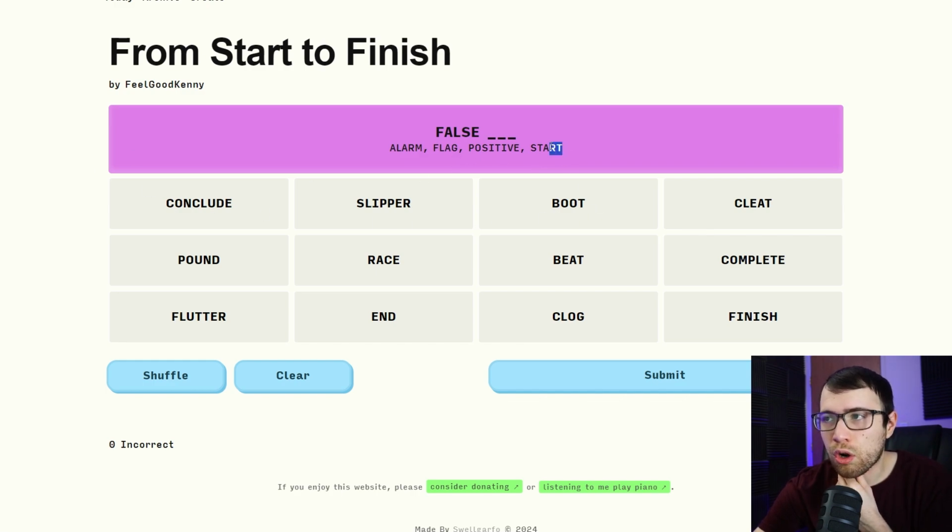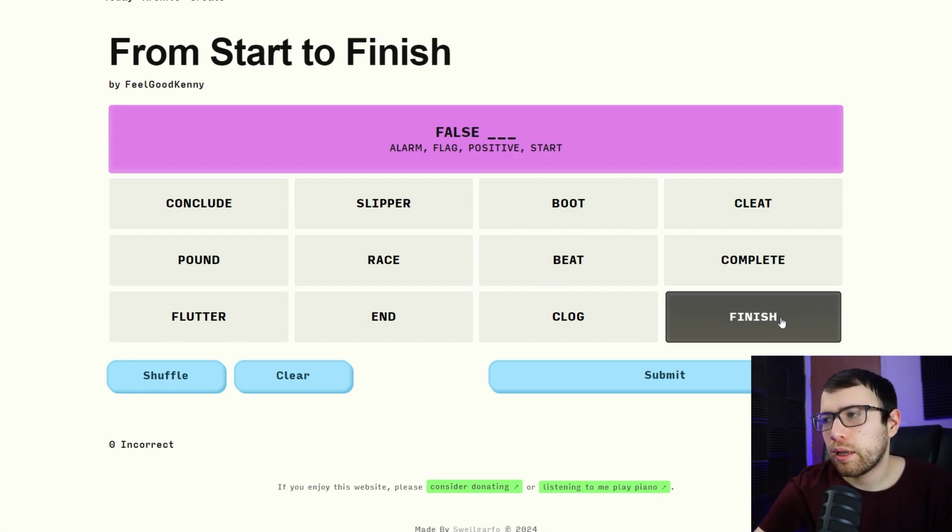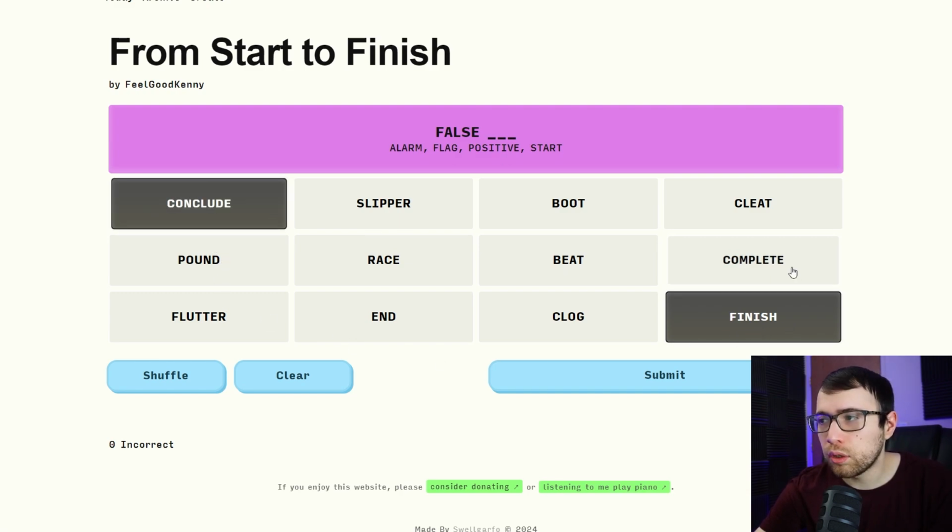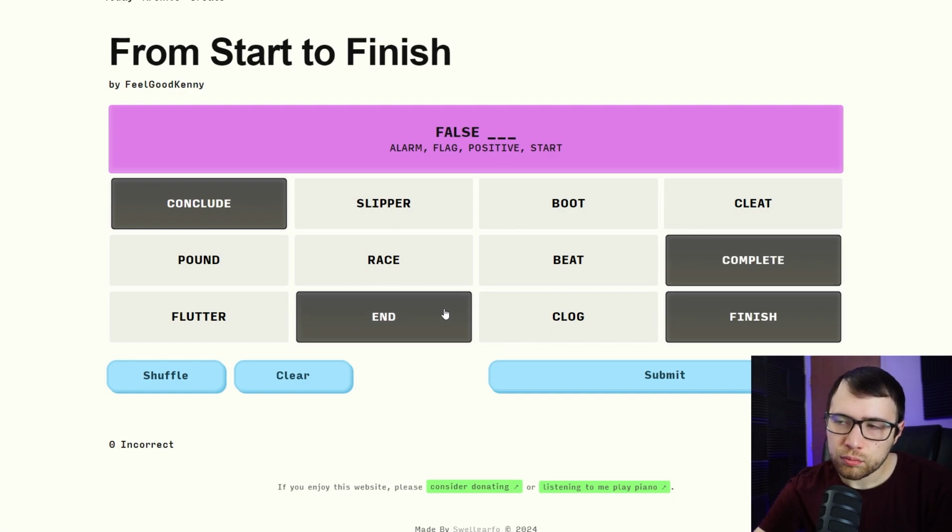Because I used the word start, I wanted to use the word finish, start and finish. And I just basically went to the thesaurus, looked up synonyms for finish, and found complete, conclude, and then end. I also thought about other words potentially going in here, but I thought these ones were the simplest words to use. And I do feel like this should be one that's pretty straightforward to get. The only complication that might be a little tricky is the word beat.